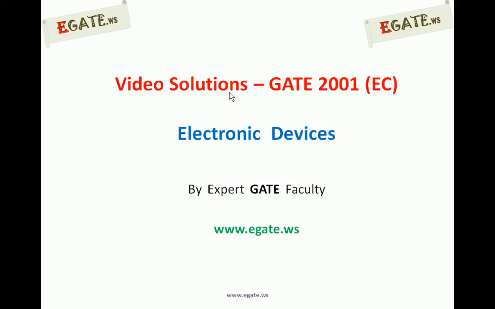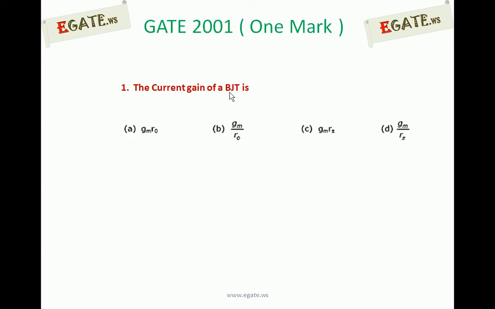Hello, we are discussing the GATE 2001 ECE paper, and the topic we are discussing is electronic devices. This is the first 1 mark question that came in GATE 2001. The current gain of a BJT is